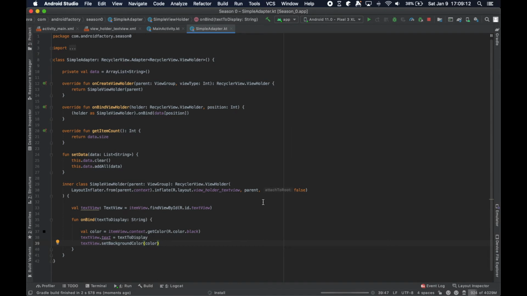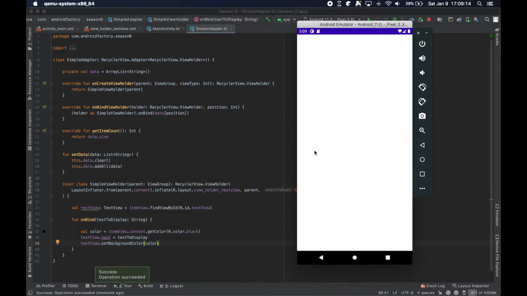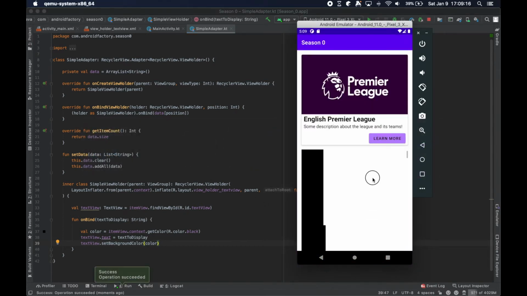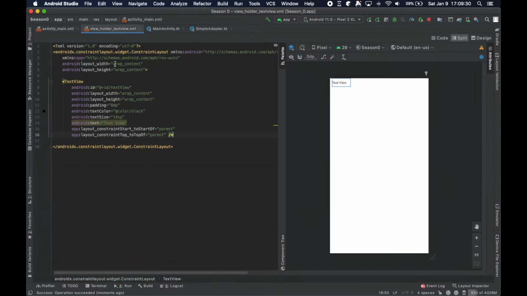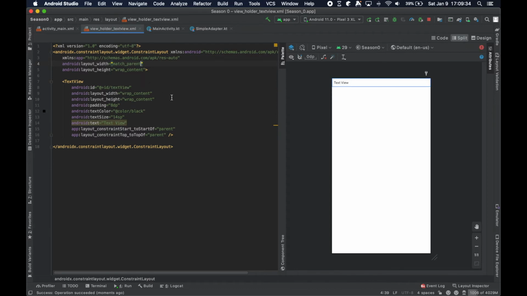And now we'll see that the background color of these items is straight black, and so is the text. So it just looks like a complete black blob here. So we're going to go ahead and fix that a little bit. Also, it very clearly shows that the width is wrap content. In this case, we're going to make it match parent so that the entire view